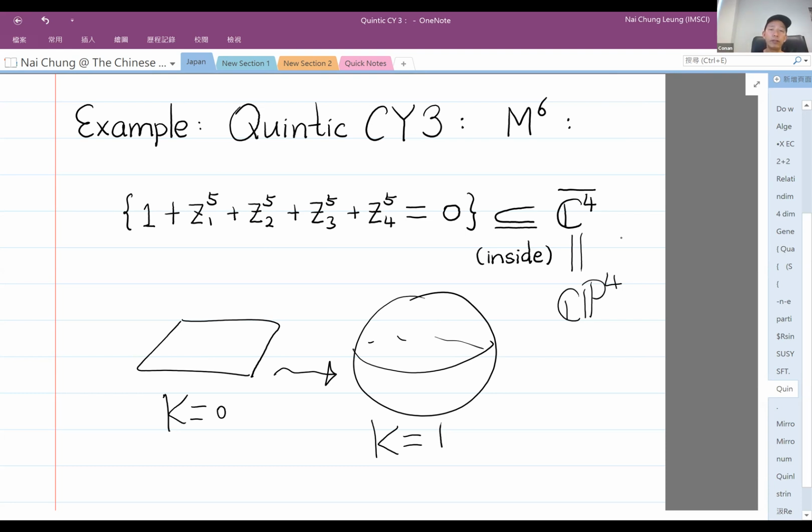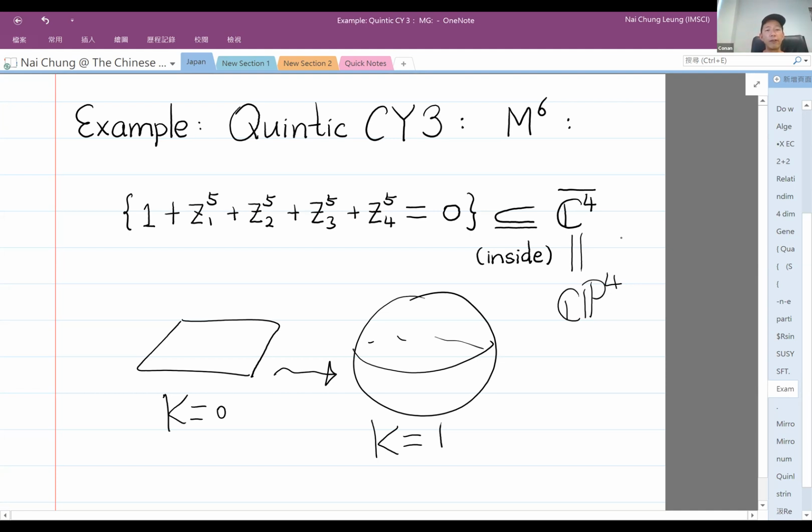And now you want something that in the average sense has zero curvature, the so-called Ricci curvature being 0. Instead of solving Ricci curvature 0, at least you can look at its average sense, which I just mentioned: you want the first Chern class to be 0. So what does that mean here? In this case, it just means that the degree of the polynomial is 5. So you see, very easy to track. Inside C^4, you write down a degree 5 equation, a so-called quintic polynomial. I just write down one here. You can write down any others.